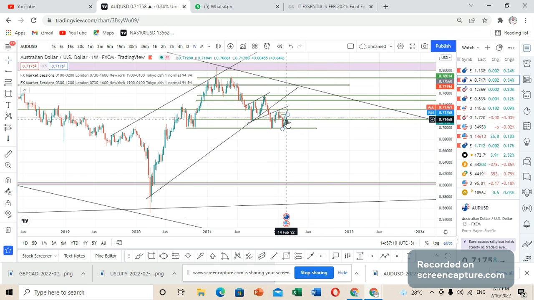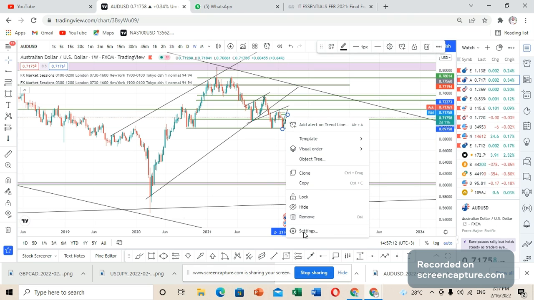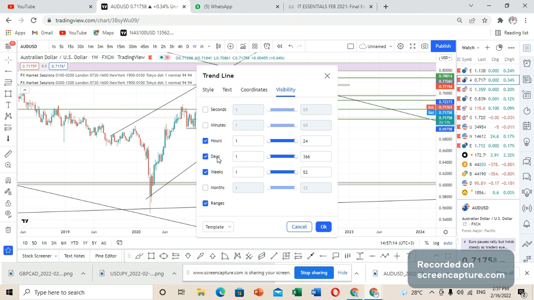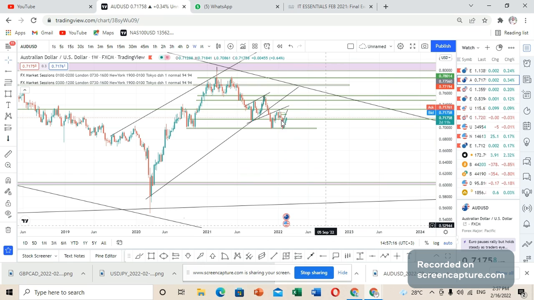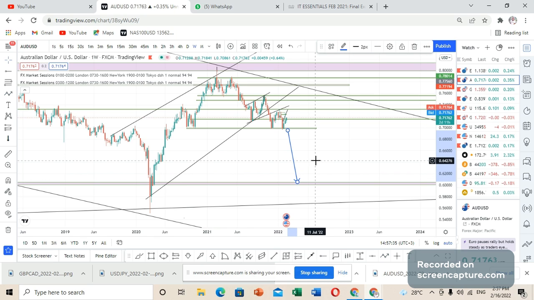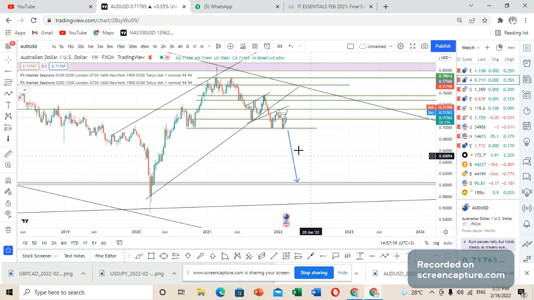So if the market tends to move below these particular levels here, if it moves below this particular region of support here, it actually means that the market will direct itself from this particular area. If it moves below it, I'm looking forward to the market targeting these particular areas. So it will be a better selling position if the market is to move below.